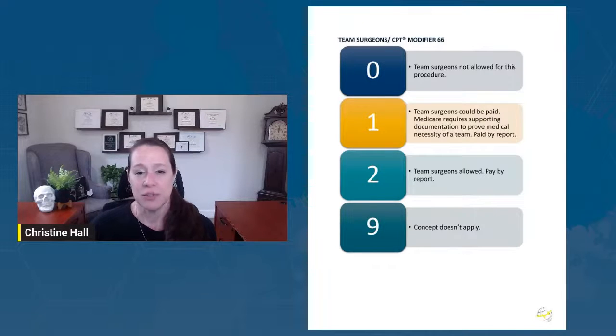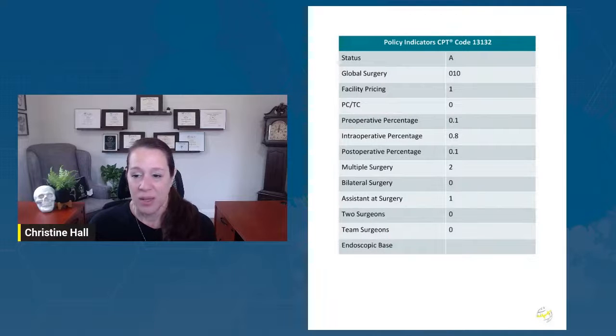Number 2, team surgery is allowed. We pay it by the report. And then 9 is a concept that doesn't apply to it. A lot of our procedures have that concept of 9. Now, we talked a little bit about